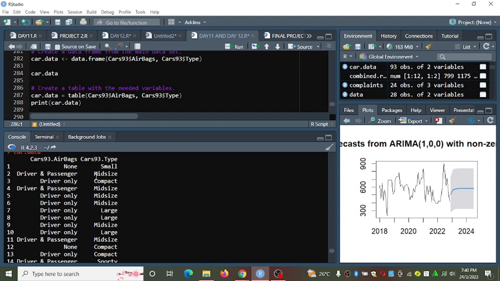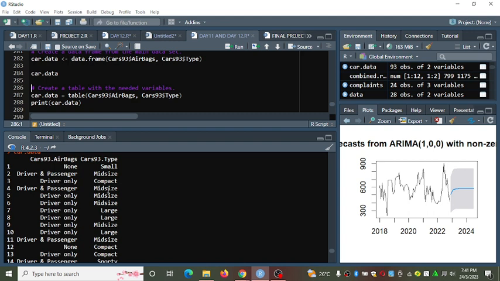Then we have a mid-sized car. Number 3, we have drivers only, that is a compact type. Number 4, we have driver and passenger, which is a mid-size car. Sawa sawa.